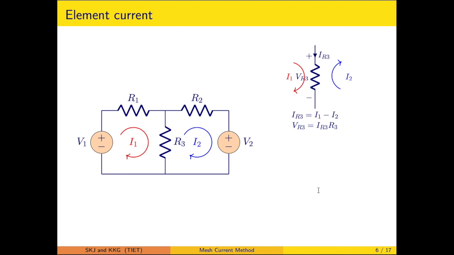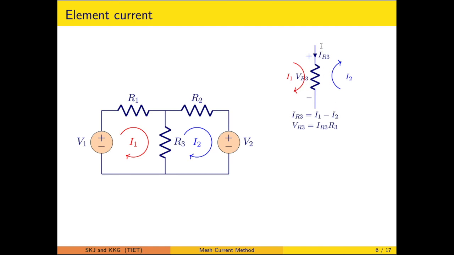Now here we have to orient the circuit element current corresponding to the mesh current. These mesh currents are directed like I1 and I2. For this element, the element current will be exactly equal to I1. However, if we look at this common element, we first have to define the direction. If we orient in the direction of I1, in this circuit element the current will be flowing from top to bottom, and that gives IR3 equal to I1 minus I2.